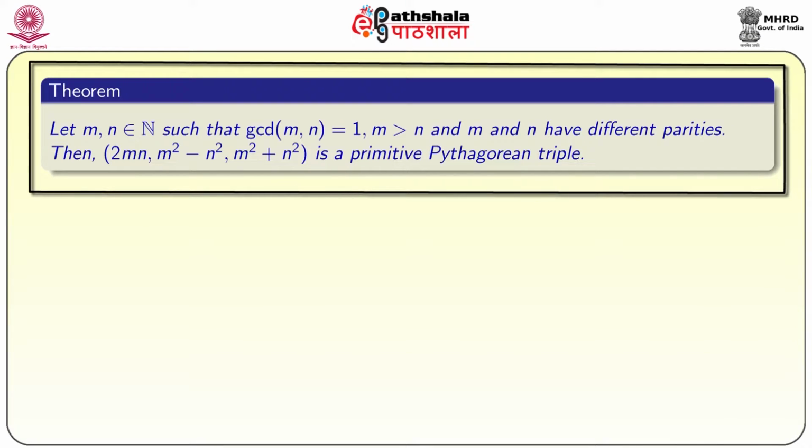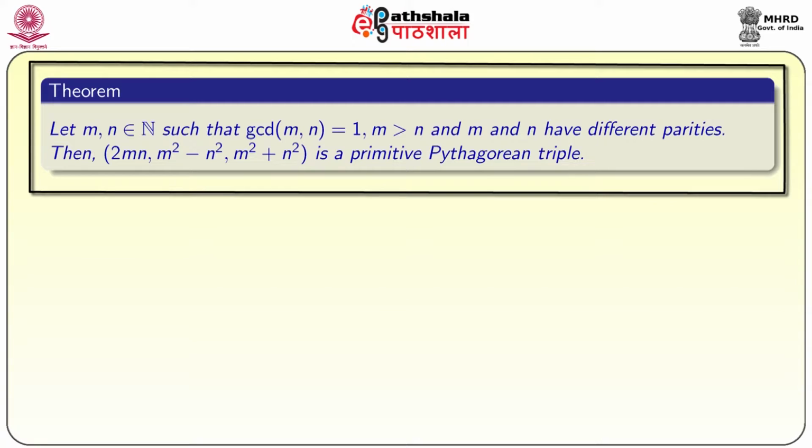So, we proved one direction. In the previous result what we proved is, if we have a primitive Pythagoras triple, then that primitive Pythagoras triple can be derived from two integers m and n. Those m and n satisfy some conditions where m is greater than n, m and n have different parity and GCD of m, n is equal to 1, and x, y, z is given as x equal to 2mn, y is equal to m square minus n square and z equal to m square plus n square.